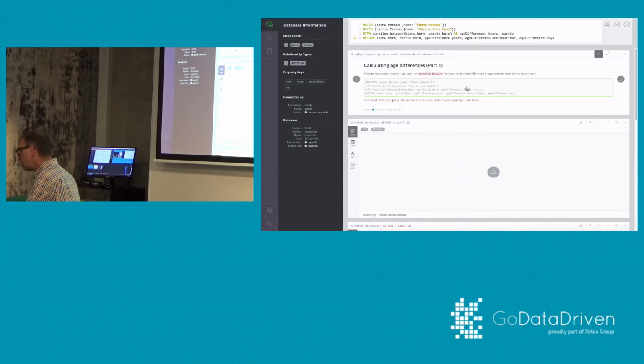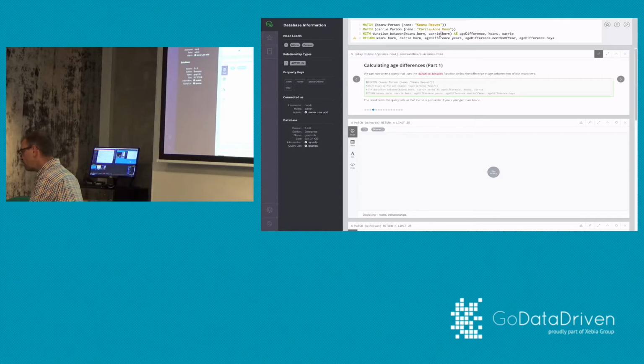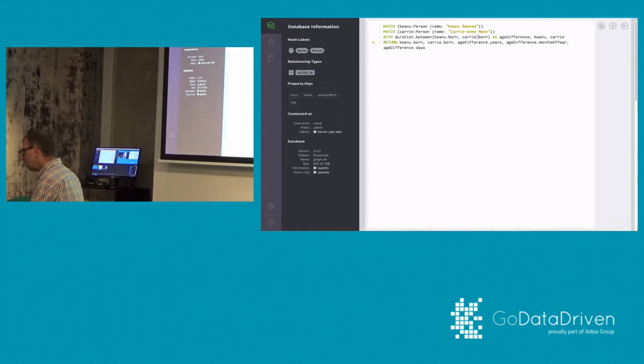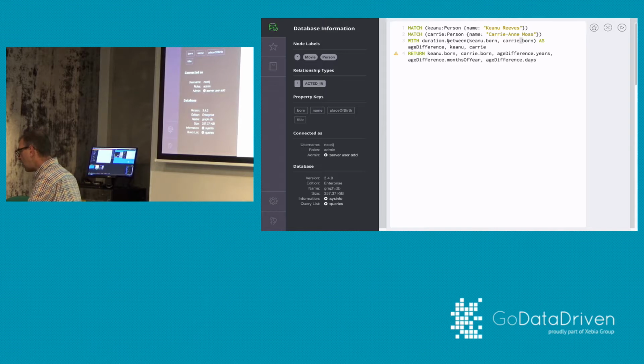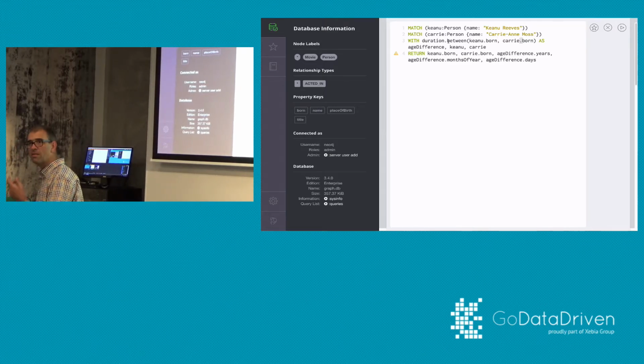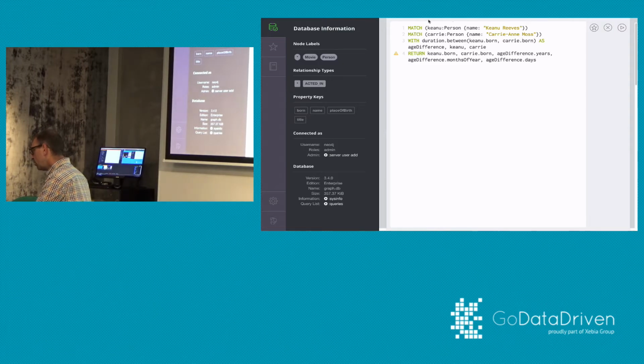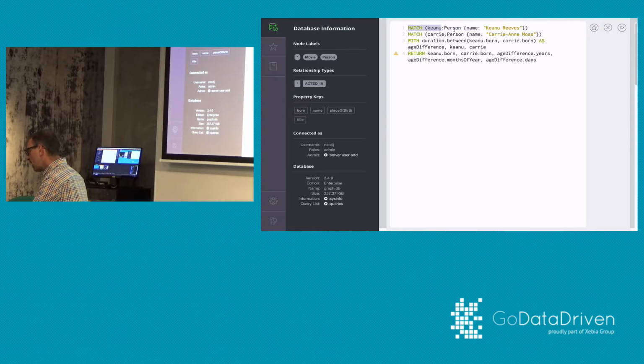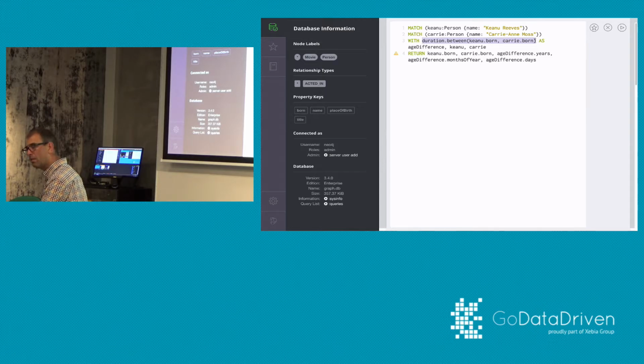So if I want to calculate the age difference between, let's see here, Keanu Reeves and Carrie-Anne Moss, then I can write a very simple Cypher statement that grabs those two nodes. Match Keanu, match Carrie-Anne Moss. And then it's going to calculate the duration between Keanu.born and Carrie.born, two dates.